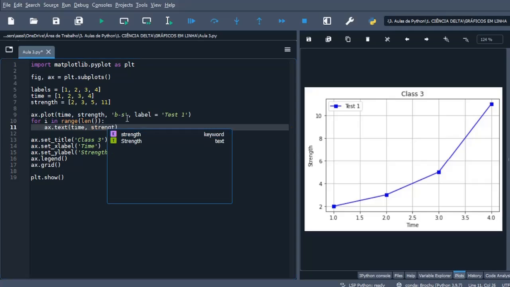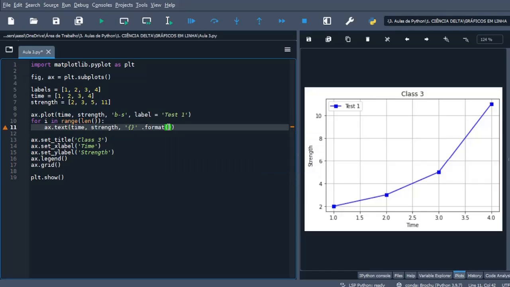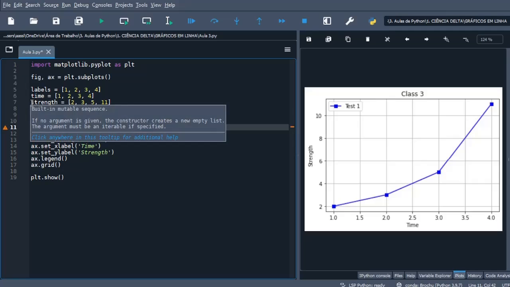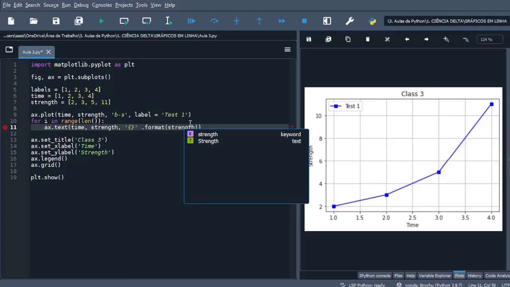strength, and I'm gonna use this resource, .format in parentheses, to tell Python what values I want to rescue here. The element right here is the value that Python will understand that it needs to come back in here and rescue the value. So I'm gonna write here strength because I want Python to rescue the values of the strength